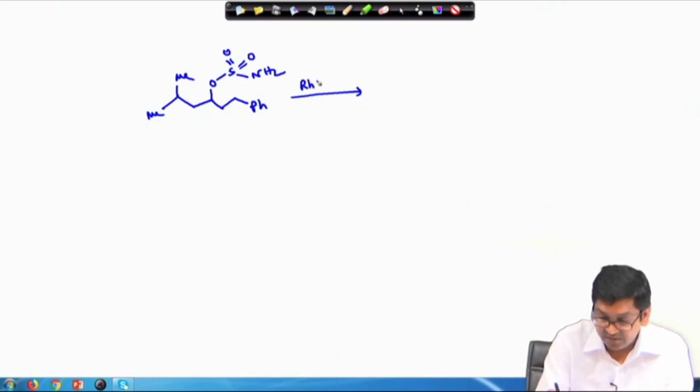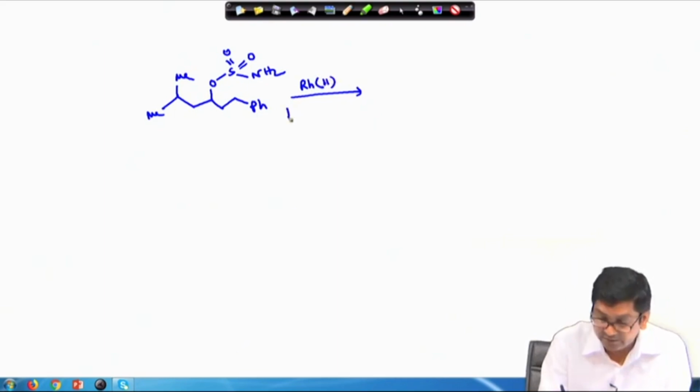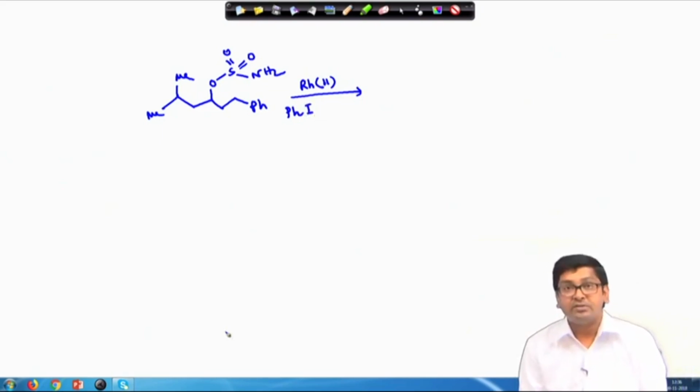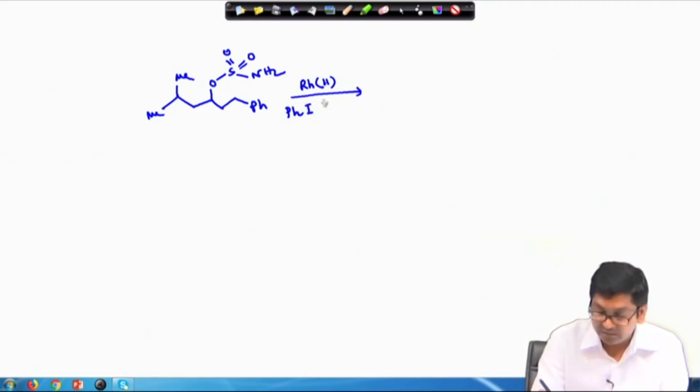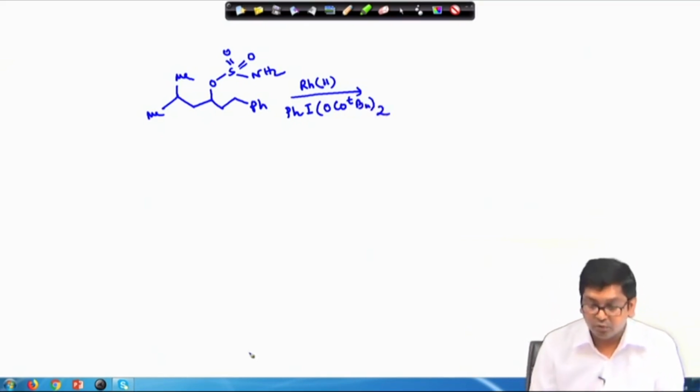For example, here we take some rhodium 2 catalyst and some oxidant, hypervalent iodine based oxidant, okay. So, this is the pivalate group, PhI(O-pivalate)2,